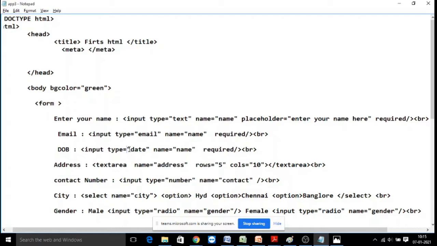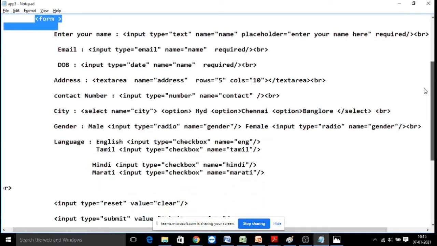Date, directly you don't need to process, like take a string and convert into date, month, year. It will display a calendar. You can select the date what you require. This is a new syntactical form fields are allowed. There are lots of other elements, like you can create a footer or header, navigation. If it is a figure, you can give a figure tag. You can give a section tag. Such new elements are also added.